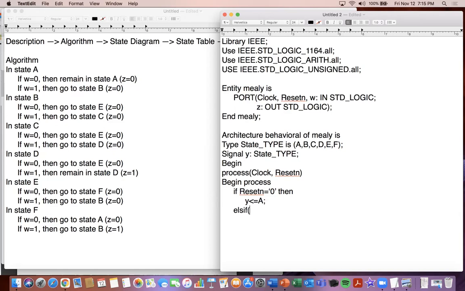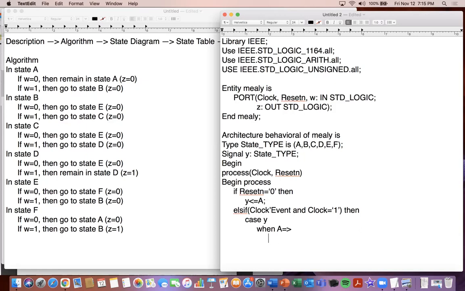Else, if clock event, we need an active clock edge to change it. If not clock event and clock equals 1, then what we're going to have is case of y. And so case of y, the cool part is when, in the when is A in that state. And then within the, so when it's A, then it's going to assign y to be,